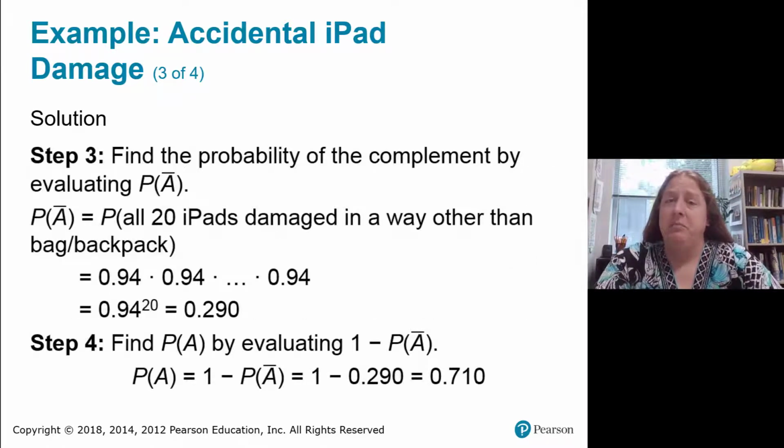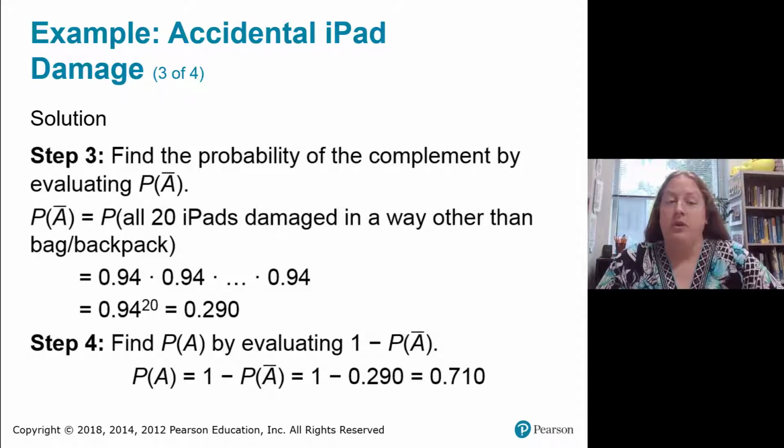So to find the probability that all of the 20 iPads were damaged in some other way, not by a bag or backpack, we're going to be multiplying the probability that one iPad was not damaged in a bag or backpack, which is 1 minus 0.06 or 0.94, times itself 20 times, giving us the probability for each of those 20 iPads all multiplied together. So we'll have 0.94 raised to the 20th power, or multiplied by itself 20 times,